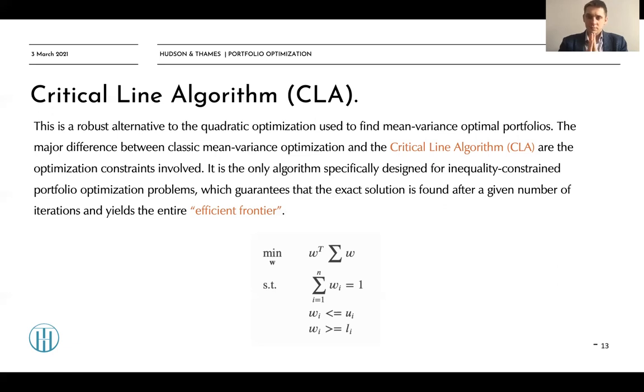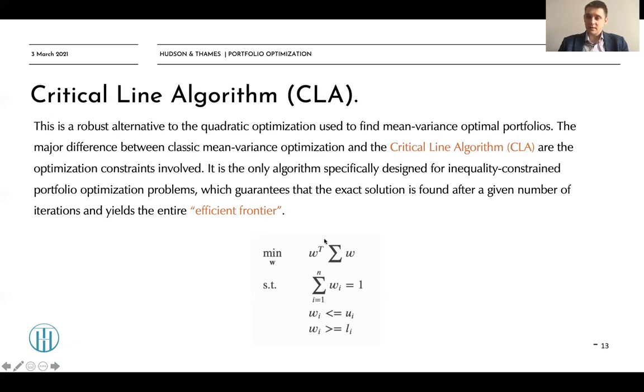So let's split this big sentence into several parts. CLA is almost the same thing as mean variance optimization, but it guarantees that the exact minimum value is found after a given number of iterations. Previously we discussed that in some types of optimization problems in modern portfolio theory, in mean variance optimization, the minimum solution sometimes cannot be found because the problem is non-convex. And the CLA algorithm makes sure that for your inequality type of problems,